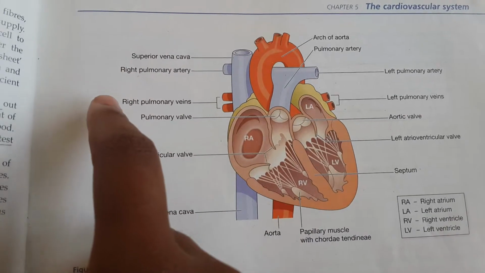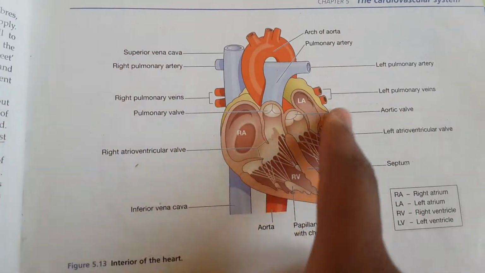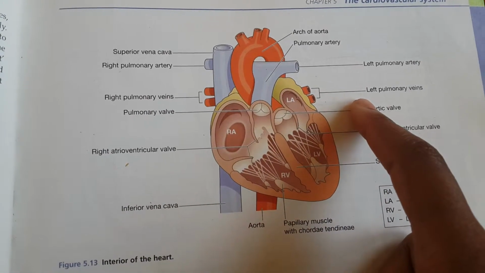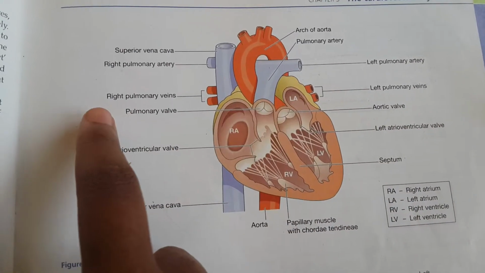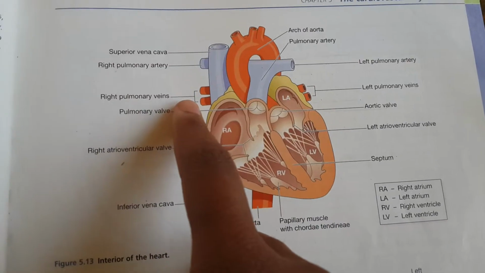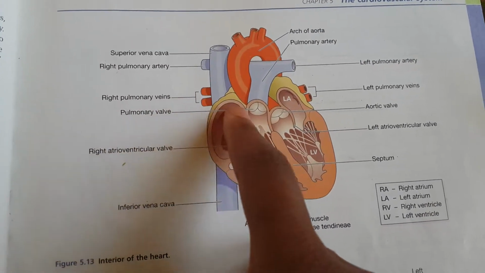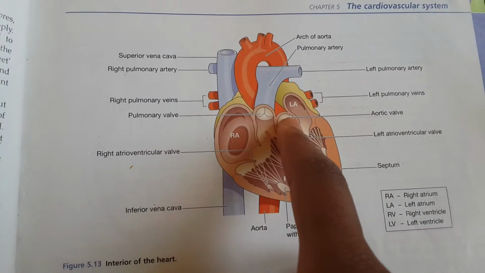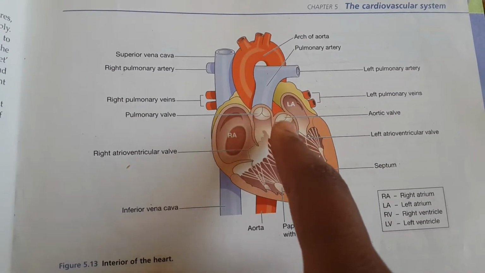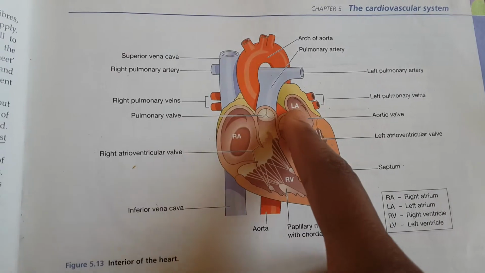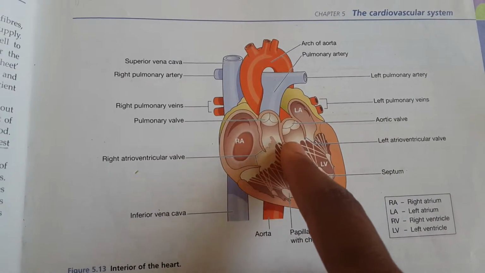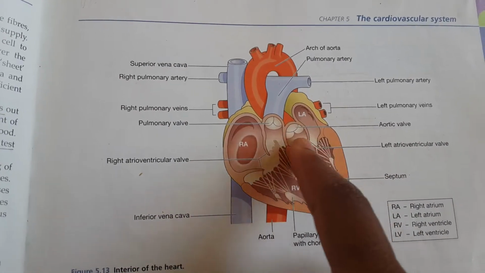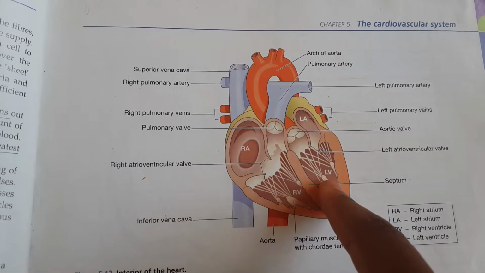And then the blood, after it has been oxygenated, will return back through these 4 main pulmonary veins. The right pulmonary veins, they're here, 2 of them, and also the left pulmonary veins. All this will bring the blood back from the lungs to the heart into the left atria. In the left atria, we also have some valves, which are the mitral valves. They will open to allow the blood to flow into the